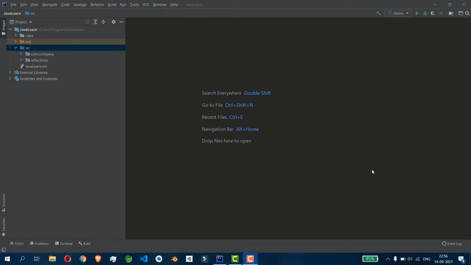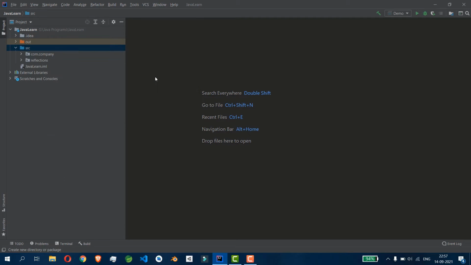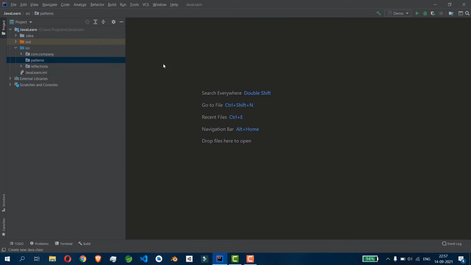Today we're going to learn how to create a singleton design pattern, which is the most used design pattern in the IT industry and software industry. The singleton design pattern is used whenever you're working with a database, or whenever the client requires you to create an instance and not create any other instances in future, just a single instance for the entire project or entire class. So we can use the singleton design pattern.